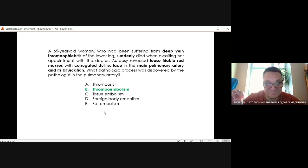First of all, the first keyword appears in the first sentence. There's the deep vein thrombophlebitis. That's exactly the source of the thromboembolus. So the detachment of this thrombi is leading to the roaming of this thromboemboli via the large veins,